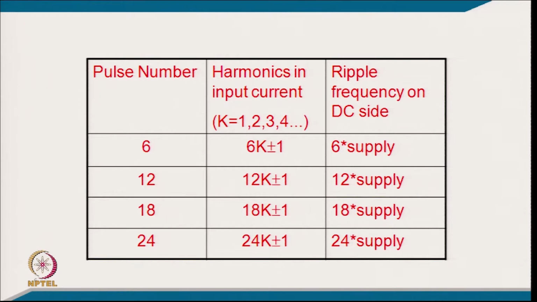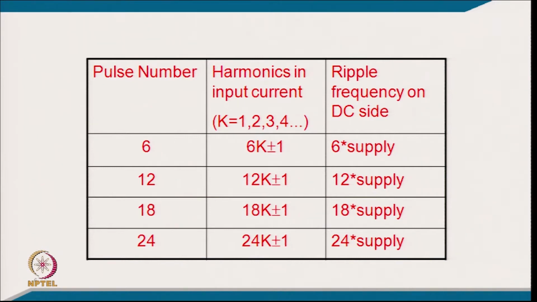11, 13. So, all harmonics below 11 will be eliminated because of the 12 pulse converter, and on the DC side you will have the 12th harmonic of the supply, and for 18 pulse it will be 18 plus minus 1. So, the lowest will be 17 and then 19, and then the next band of 35, 37. Similarly, for 24 pulse it will be 24 plus minus 1, that is, 23 will be the minimum. All harmonics below 23 will be eliminated, leaving 23, 25th, then the second band will be around 48, that will be 47 and 49. So, you will eliminate automatically many harmonics